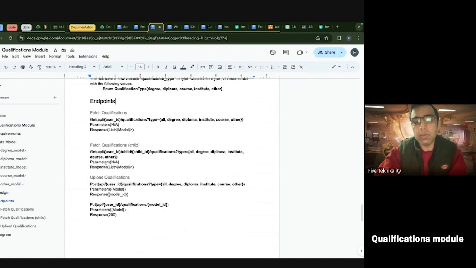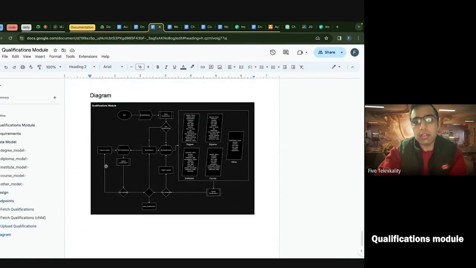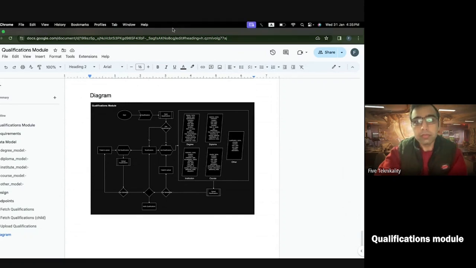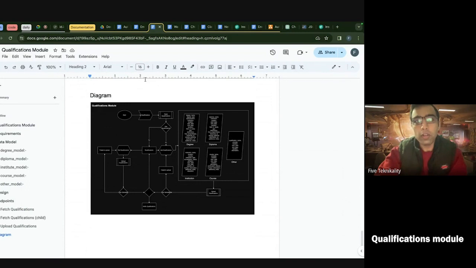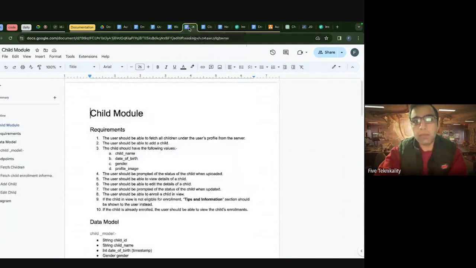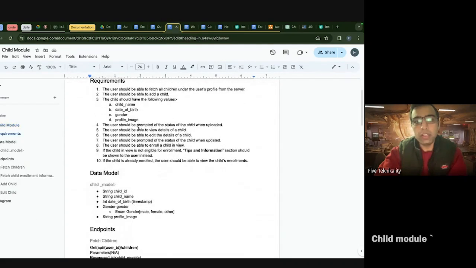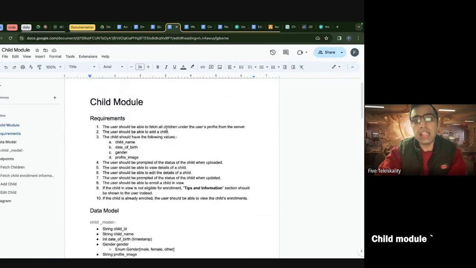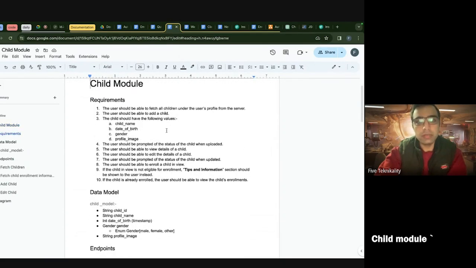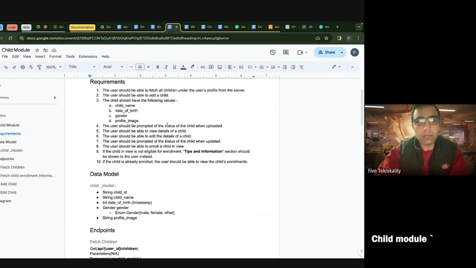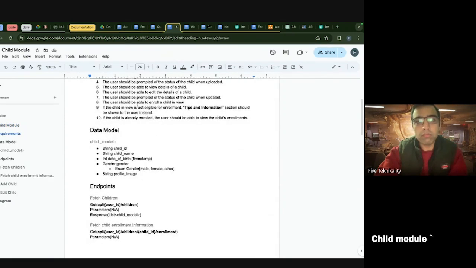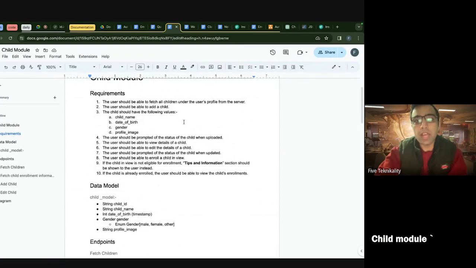After that, we have a few endpoints, and then we have this whole general flow for the whole module. This is for the qualifications, and then there is another module, the child module. This is the last of the major modules of the system, and in this module we have the option to add children into the system, and